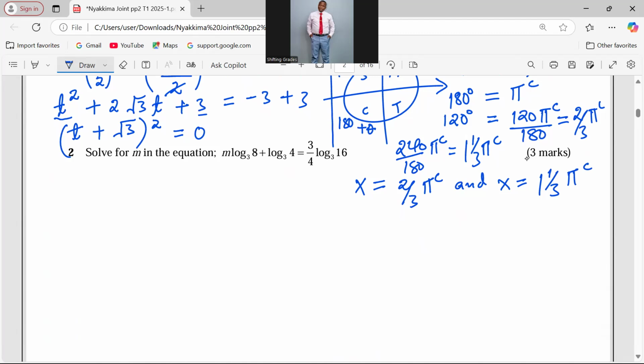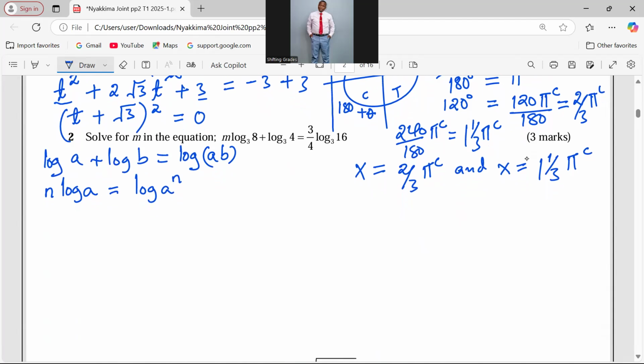For example, there is the first law which says in case we have the log of a plus the log of b with the same base, then this can be solved by taking the logarithm of a multiplied by b. Then again, there is the third law of logarithms, which says that in case we have n times the logarithm of a number a, this can be solved by taking the logarithm of a, then n becomes the power of a. Therefore, applying this third law and the first law of logarithms in this given equation, from the first term